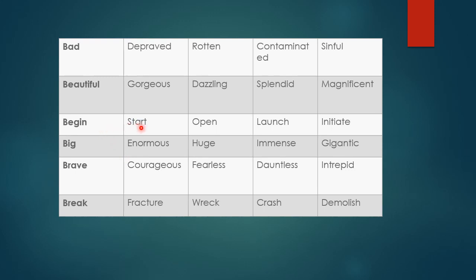Begin, start, open, launch, initiate. Right? Next, big, enormous, huge, immense, gigantic. Brave, courageous, fearless, dauntless, intrepid.